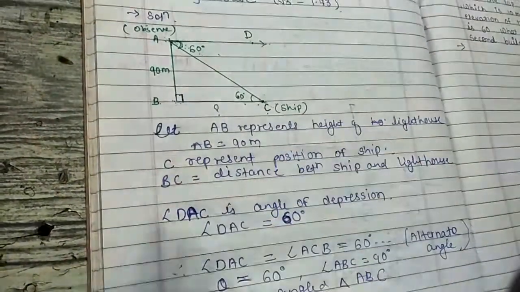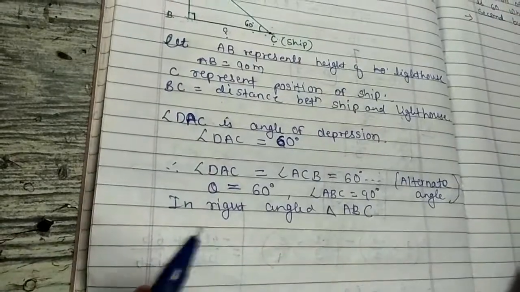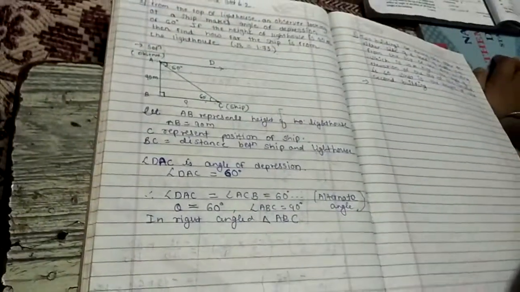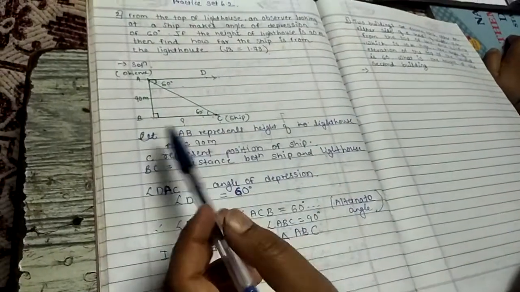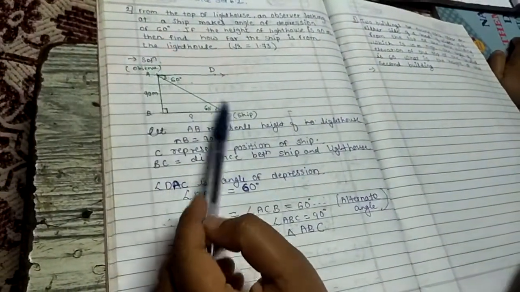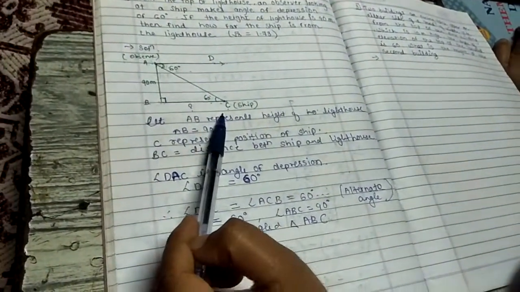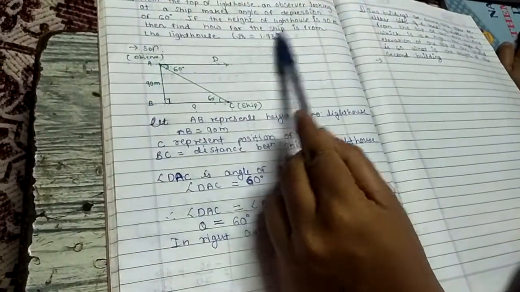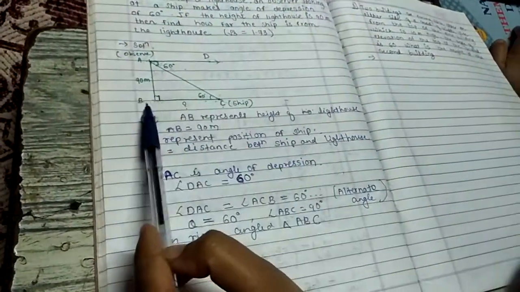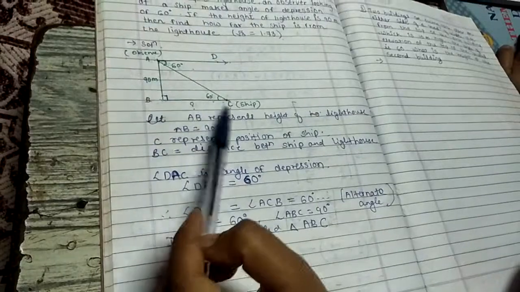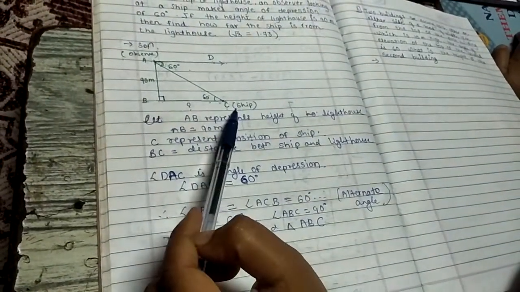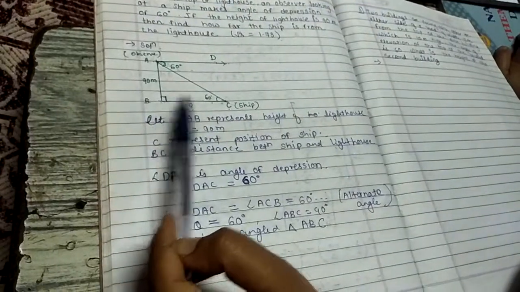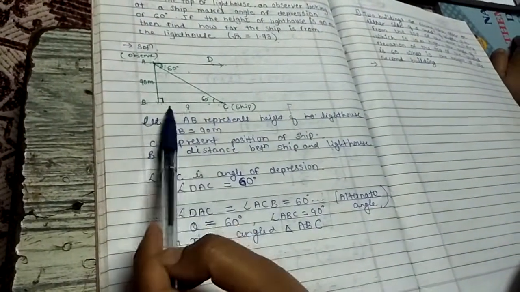See, now which trigonometric ratio do we have to take? There are total 6 trigonometric ratios: sin theta, cos theta, tan theta. So now what do we have to find out? We have to find out BC. They are saying find how far the ship is from the lighthouse, and BC is the distance between the ship and the lighthouse. It means we have to find out the BC side.